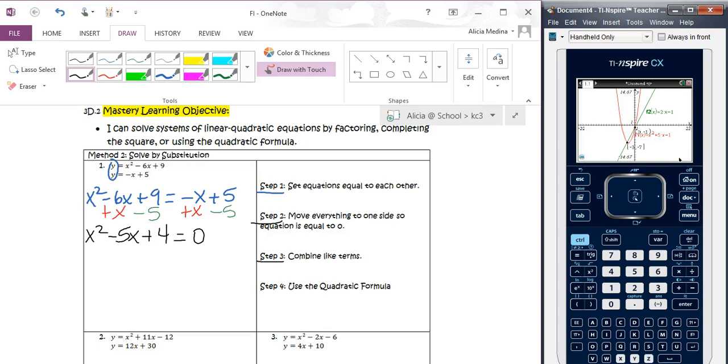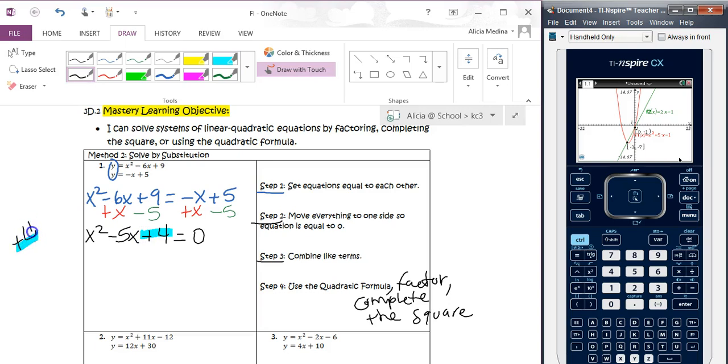Or we can factor, right? This could be factor, or we could use complete the square. Whichever one you think is easiest. Obviously, the quadratic formula can be used all the time, especially if you guys don't remember factoring. But the first thing would be to look at the coefficients. Can I multiply to positive 4,